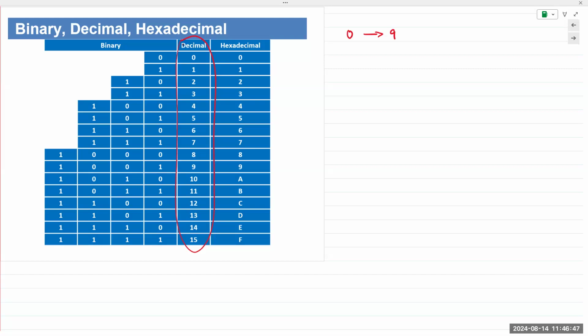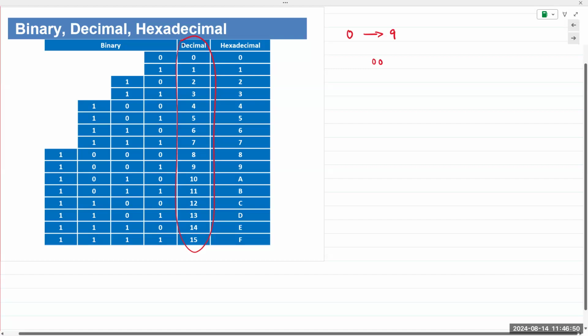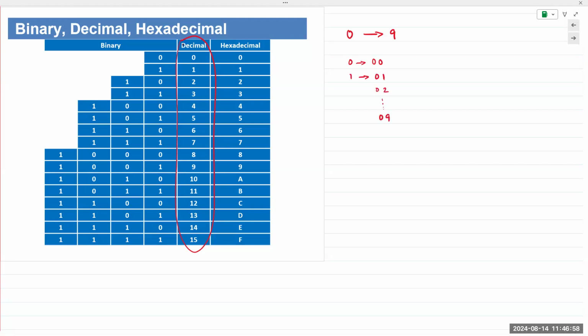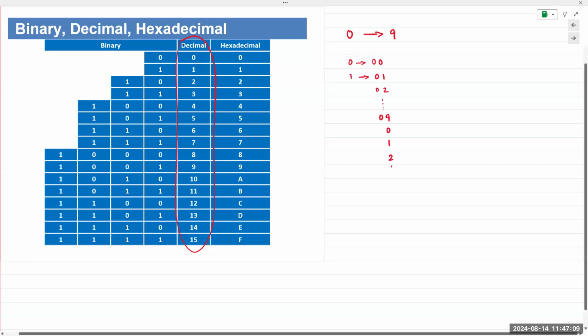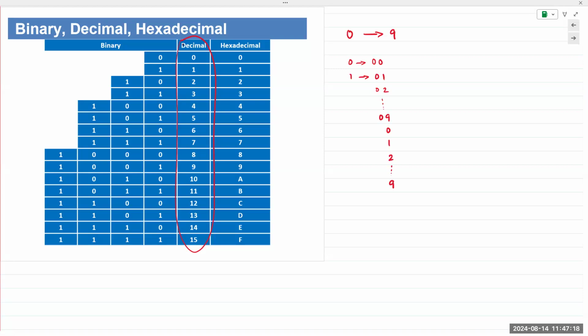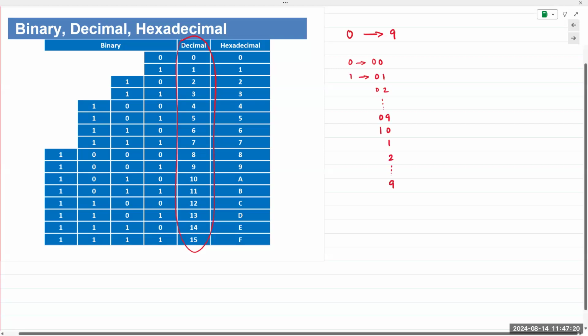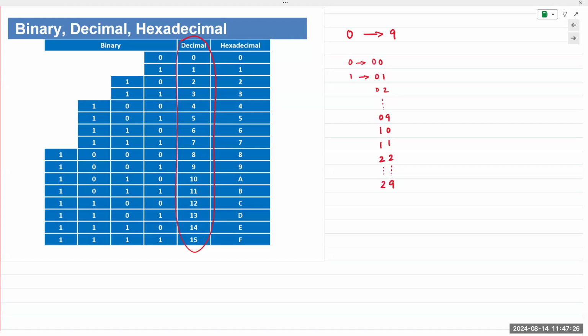If we write in 2 decimal places, we can write 0 as 0, 0. 1 can be written as 0, 1. And then 0, 2, and so on and so forth until we reach 0, 9. Make sense? After 9, we again have 0. So we again write 0 to 9 in the least significant digit. Then it begins again, 0, 1, 2, 3, 4, until we reach 9 again. Then the most significant digit changes. Instead of a 0, now we go to the next one, which is 1. So after 9, we get 10, 11, 12, so on and so forth, until we reach